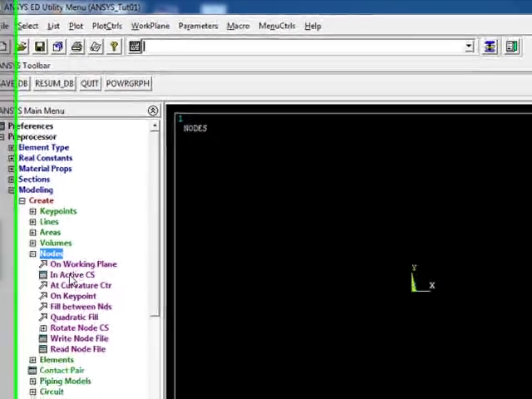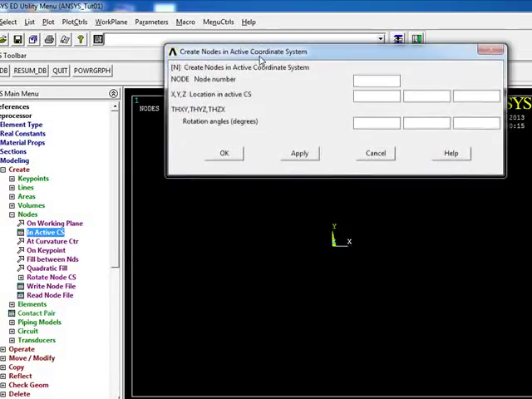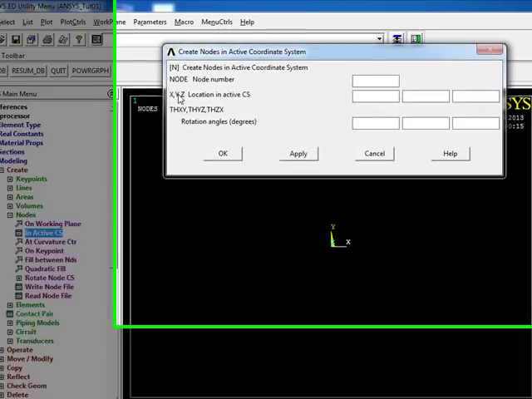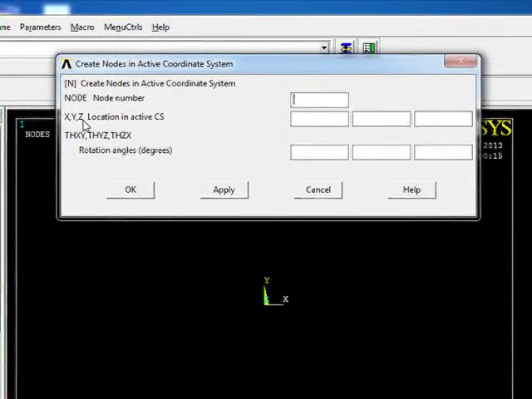So basically, when you click this ActiveCS, you have this window, and you can define the locations in terms of X, Y, and Z, and based on the coordinates that you give, ANSYS will generate the nodes for you. And the first option gives you the node number, which you can leave blank. This gives ANSYS the option to automatically number the nodes. So if I say 0 and 0, because I'm doing a 2D analysis, I'm not going to care about the